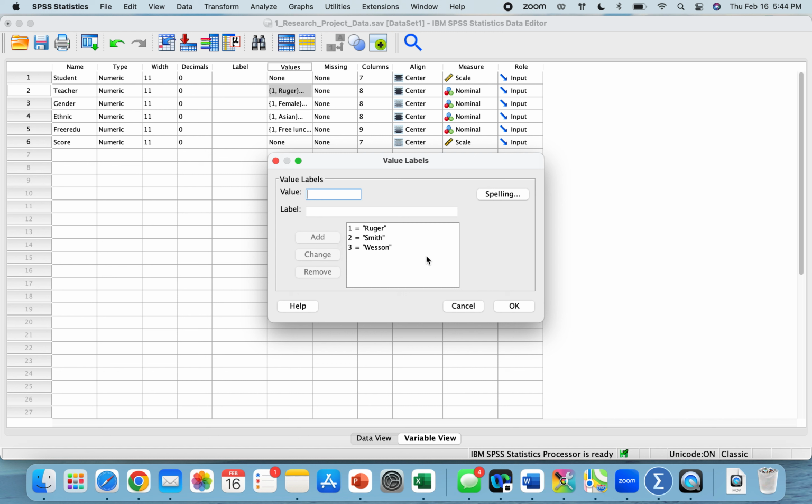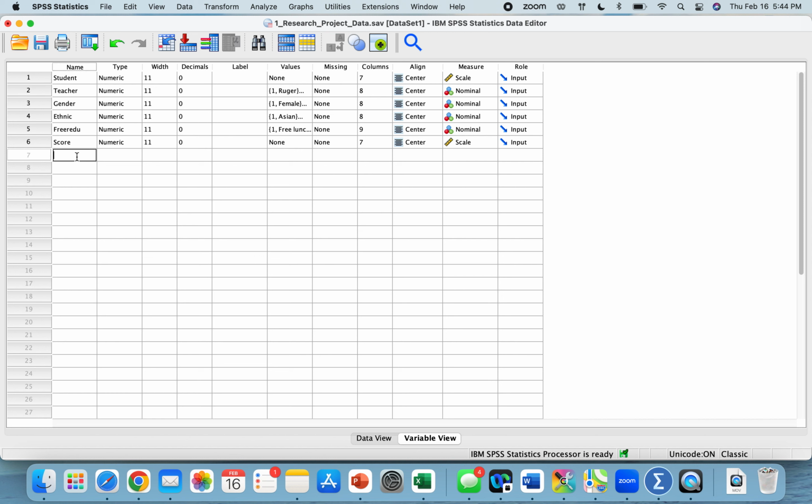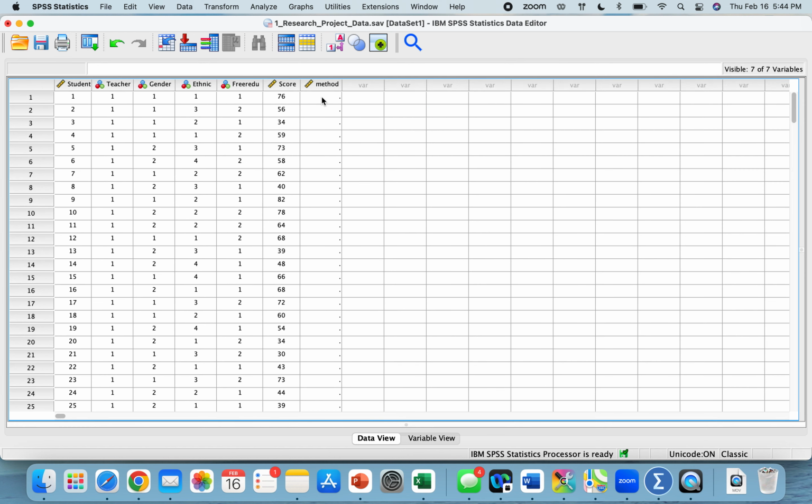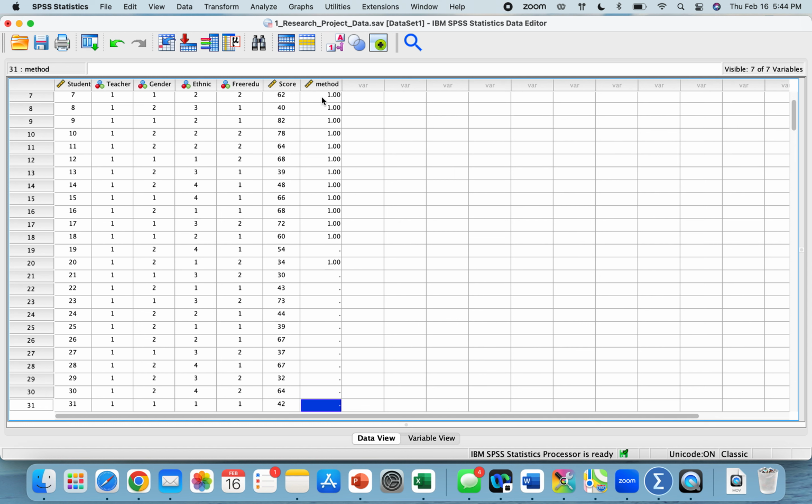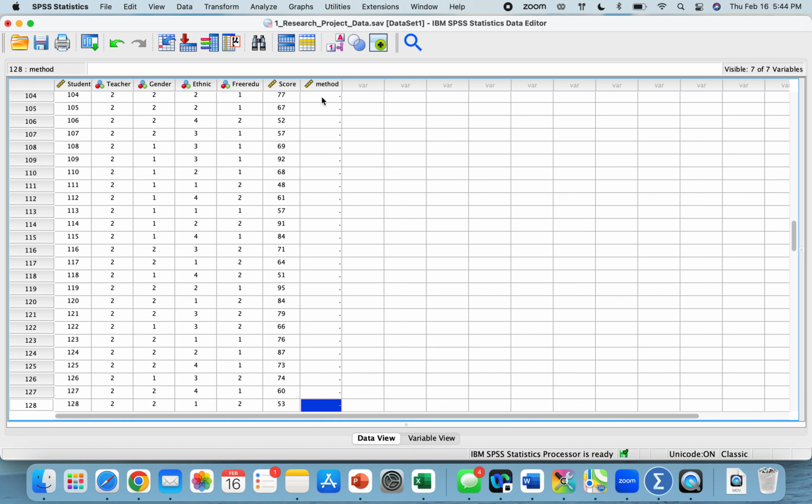So what I did, since we want to compare traditional to standards based, I made a new column and I called it teacher method, or you can just call it method. And so when you go back to the data view, I could not figure out how to make this do that, but I said that all of this is teacher 1. So I did all of it, all the way down. So teachers 1 and 2 teach with the, I'm not going to go all the way down. Teachers 1 and 2 teach with the